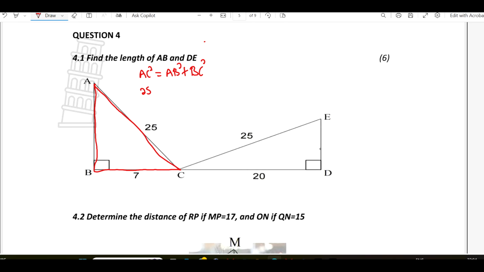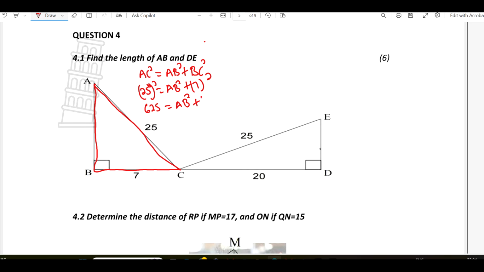So AC is 25 squared, and then AB is what we're looking for, AB squared, and then BC squared is 7 squared. So this is 25 squared, and 25 squared is 625